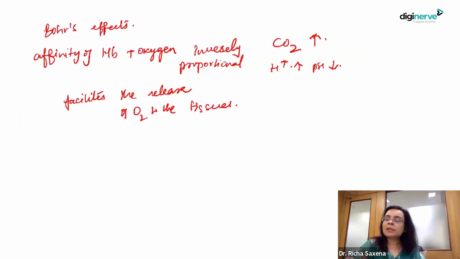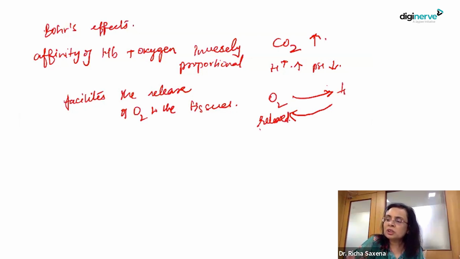So double Bohr's effect means both these conditions are there. There is increased CO2 levels and there is reduced pH. And this will reduce the affinity of hemoglobin to combine with oxygen. And as a result, oxygen will be transferred, and carbon dioxide or other metabolites will be released. Oxygen will be transferred to the tissues, and carbon dioxide and hydrogen ions or other metabolites will be released away from the tissues. So if we now come to the question,